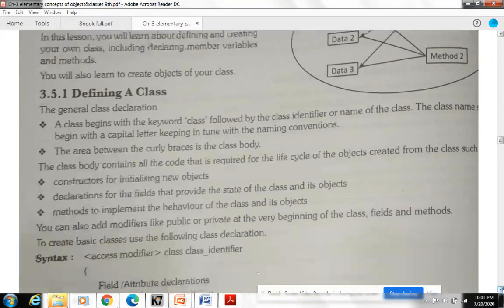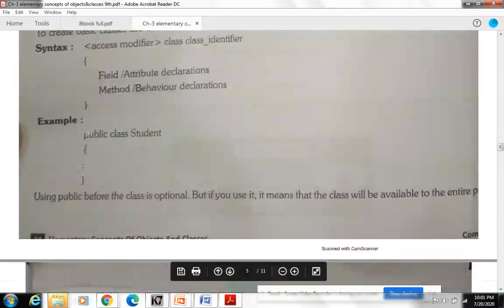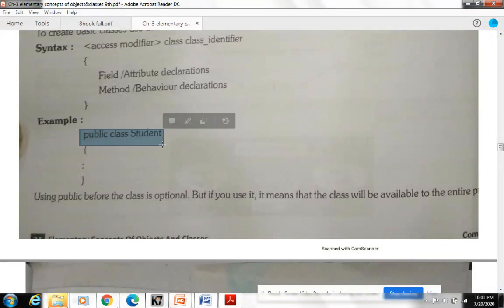And now, how to define a class? I'll show it through this example. See, it is telling you how to define a class. The first line of the class is known as the definition of the class. This should carry a class name, and the first letter of the class name should be capital. Prior to that, we need to write the class keyword, and it should be written in small letters.